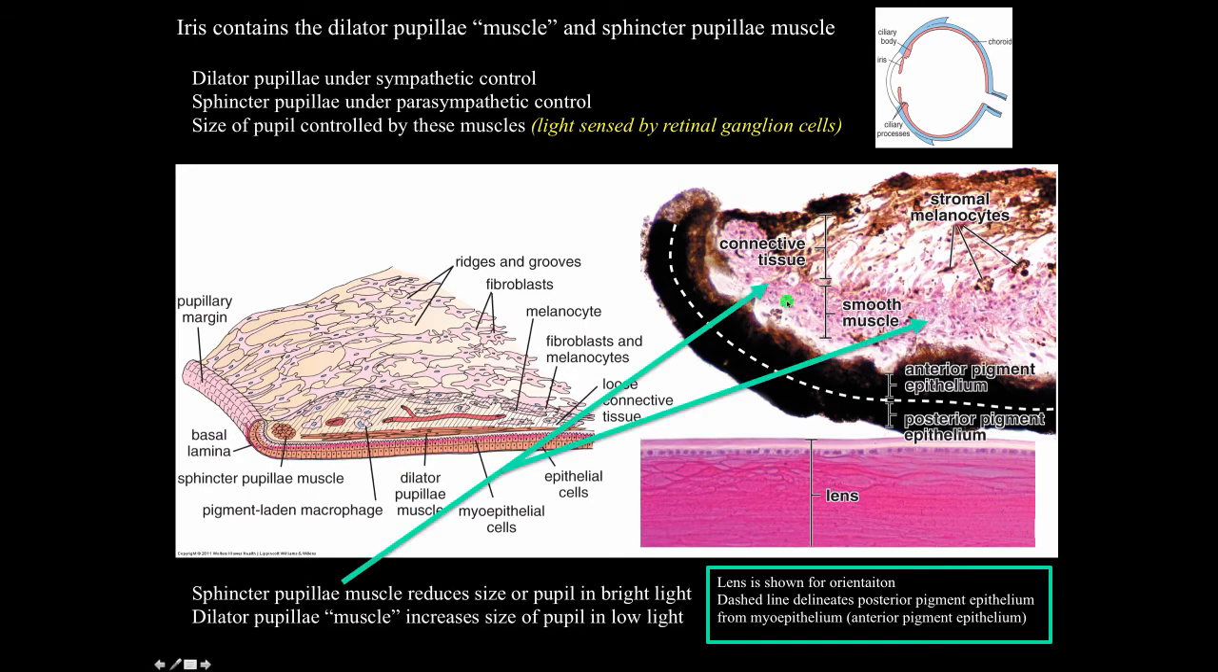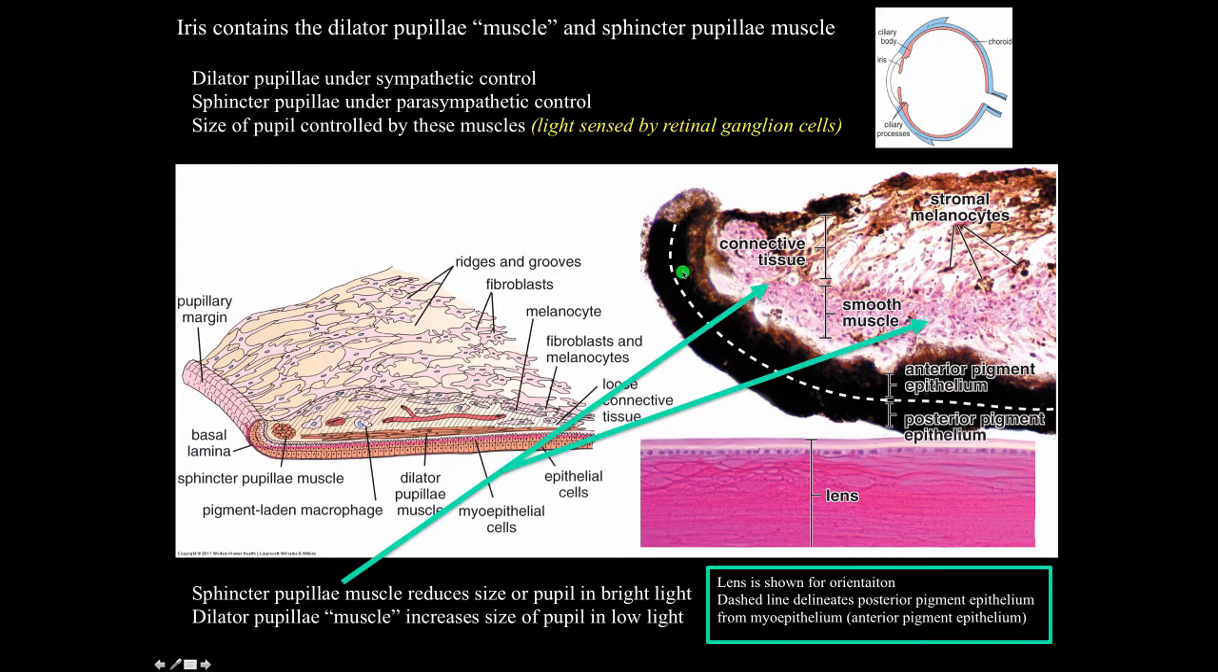This just shows the sphincter pupillae, and the sphincter pupillae muscle reduces the size of the pupil in bright light. The dilator pupillae muscle increases the size of the pupil in low light. In the histological image, a portion of the lens is just shown here to help you orient. So on the cartoon, the lens would be here, and so it would be talking about these surfaces in the